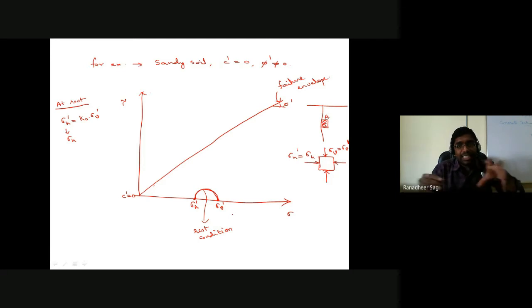Then for that decreased state of stress in the horizontal direction, if I go on to construct the Mohr circle, I might get a Mohr circle like this. Because sigma h dash now is less than the sigma h dash I had earlier, whereas sigma v dash remains the same. Now the retaining wall is moving further away from the soil mass. Then sigma h dash is further decreasing. If sigma h dash is further decreasing, then the radius of the Mohr circle is increasing. And further movement of the retaining wall indicates a further decrease in the sigma h dash value.